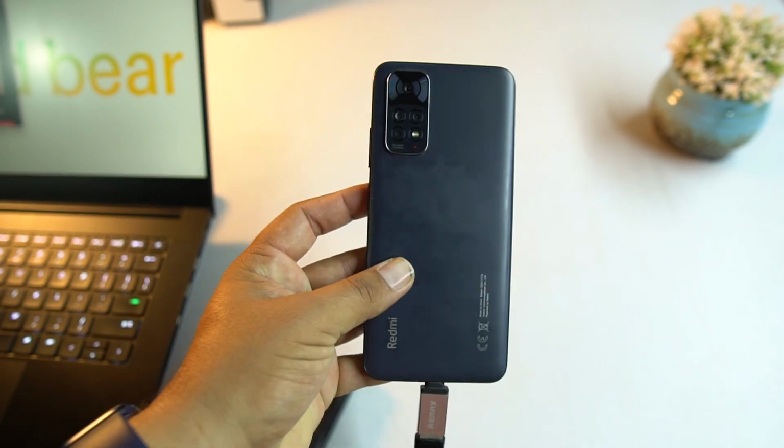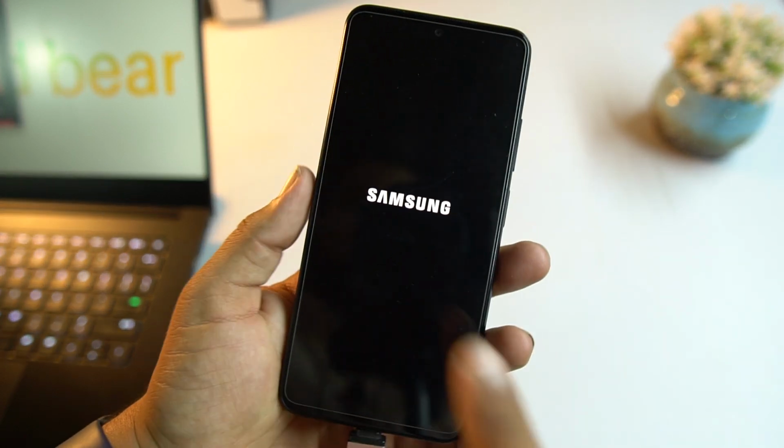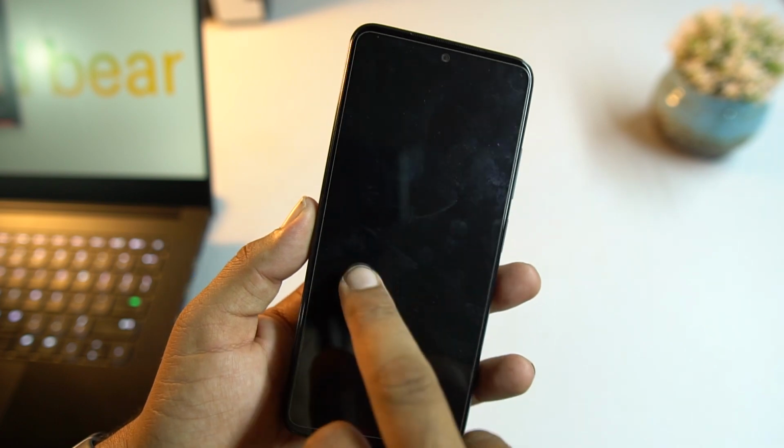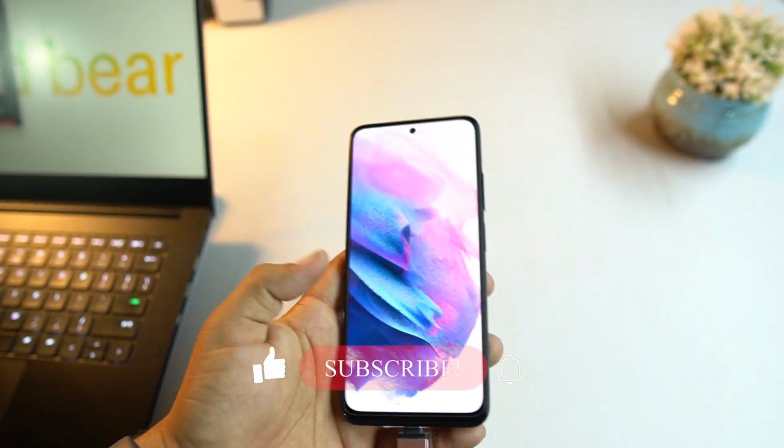And that they added into the boot animations. And as you can see here, the boot animation is changed to the Samsung boot animation